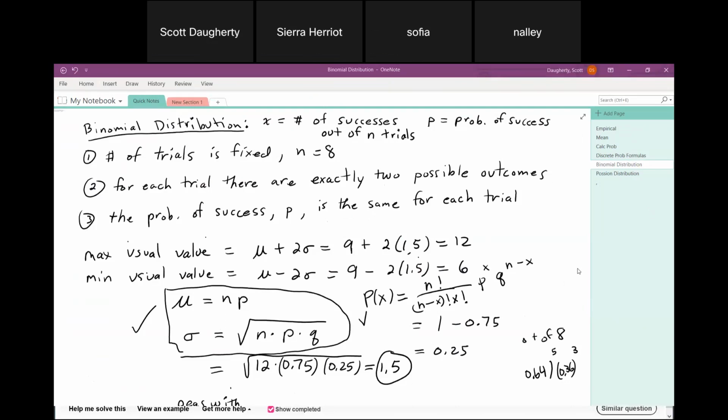Next time I'll go over 5.3, the last section in chapter 5, which is on the Poisson distribution, which is kind of a special case of the discrete distribution. Again, there's some conditions that we have to satisfy in order for it to be Poisson, and then we'll get some formulas that will be valid, and we can use them to calculate probabilities and means and standard deviations again for Poisson distributions. But we'll look at that on Monday, okay?